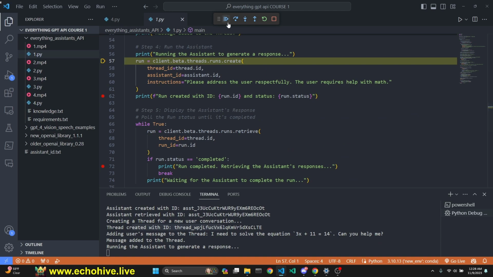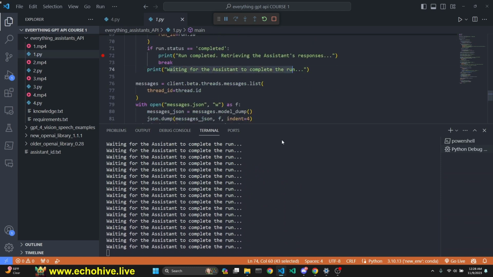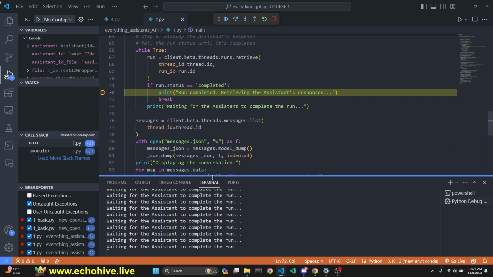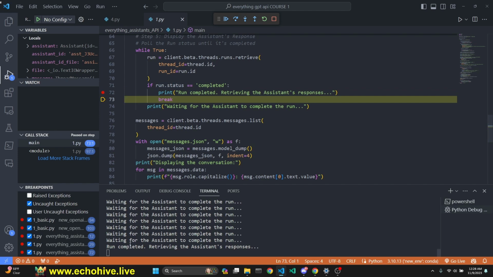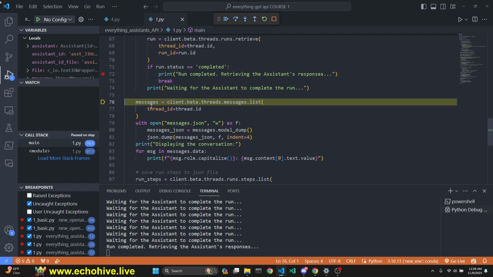So we will create this run, and I won't stop it so you can see what's happening. As you see, we are continually checking and printing, waiting for assistant to complete the run. Once this is completed, we will enter this conditional, run.status is actually now completed. Now we print run has been completed. We break out of this polling loop, so-called, and now we are going to retrieve the messages because there can be multiple messages in the messages, right? Anyway, but we do need the messages, and we retrieve it by